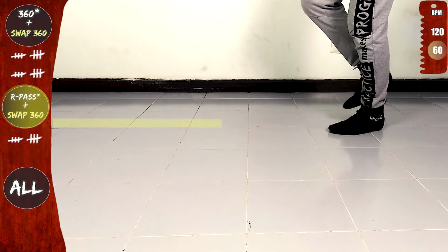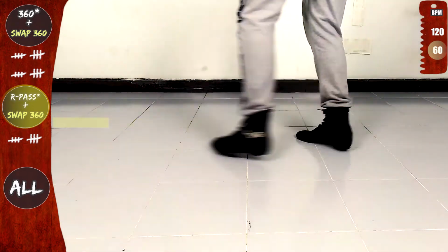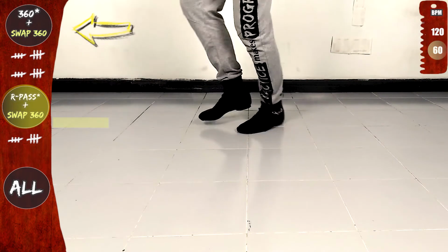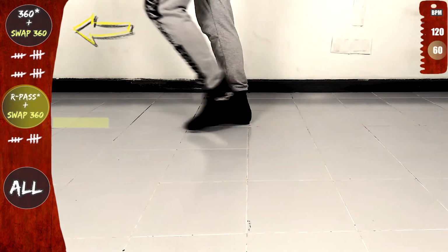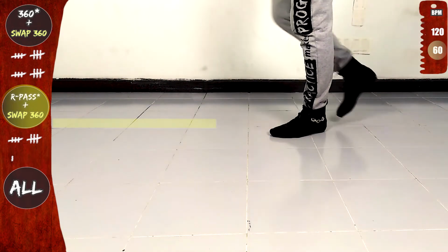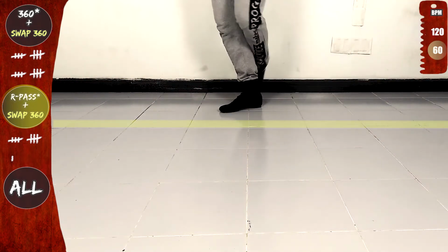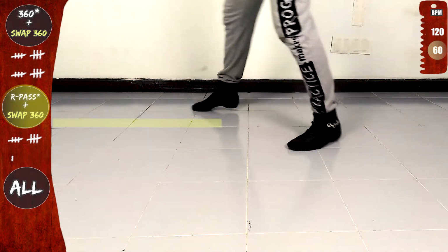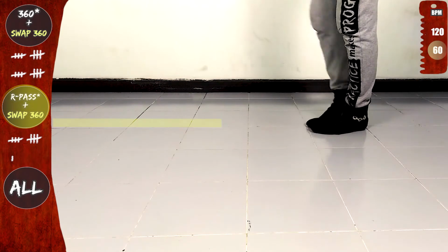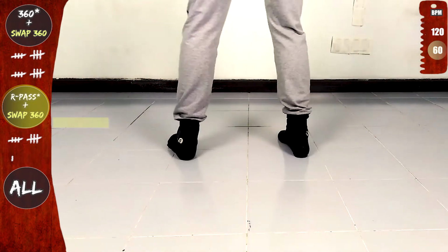the line, anchor, now swap 360, back, cross to the front, open, cross to the back, rotate on the line, now basic offline, 1, 2, 3, let's go. Back, cross to the front, forwards, now right pass with an anchor, cross to the back, front, side, back, on the line, anchor, now swap 360, back, cross to the front, open,